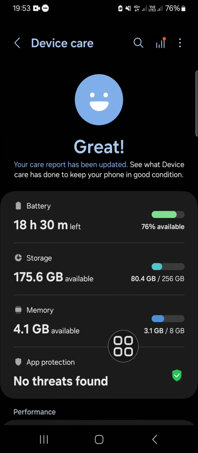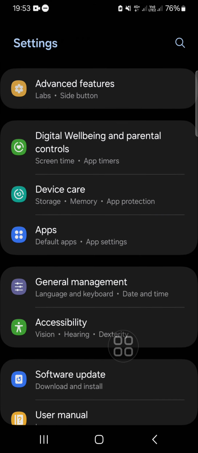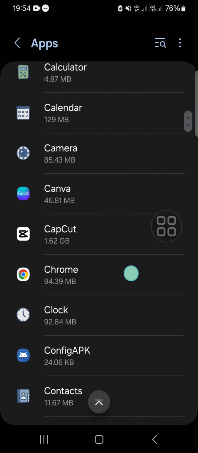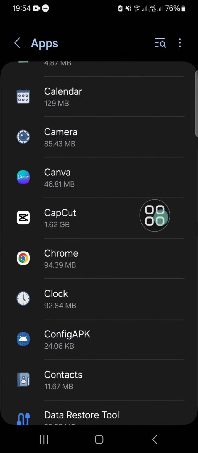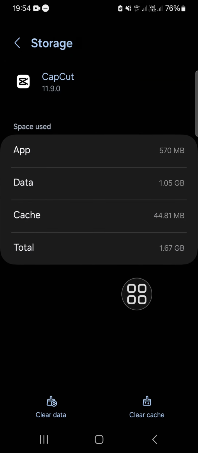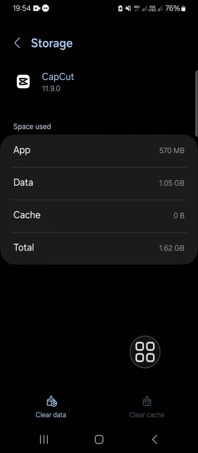And the second one guys, I'm going to show you the tips to optimize your Android mobile phone. You can go to the apps menu or the app settings, and you have to delete the app cache. For instance, I'm going to delete my CapCut application cache. I'm going to click on the application, and then we're going to go to the storage. Okay, and click on clear cache, and you can do it